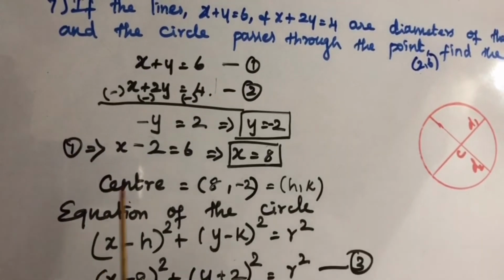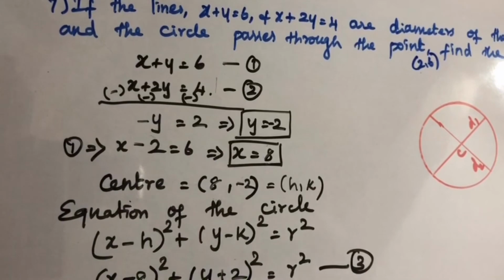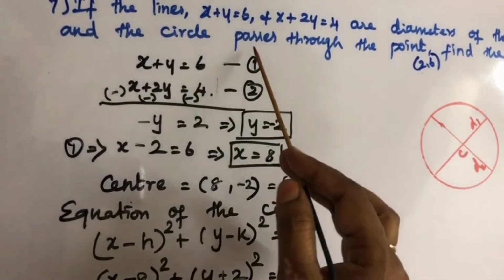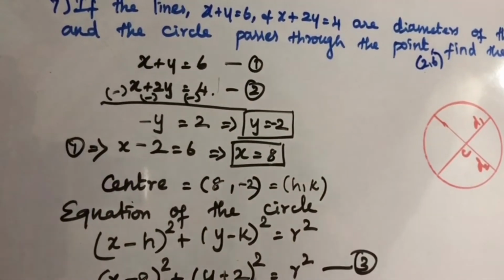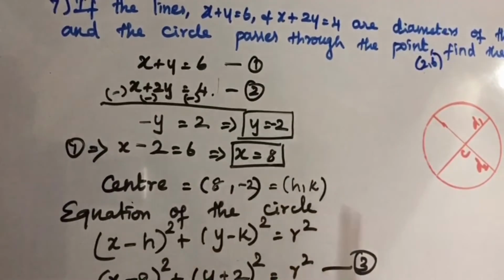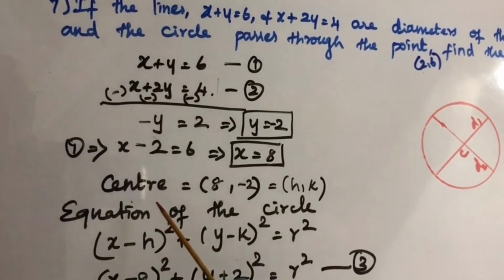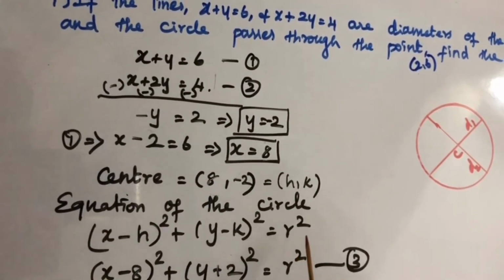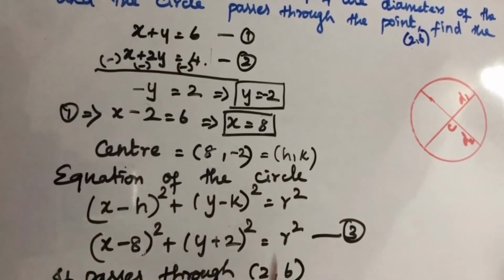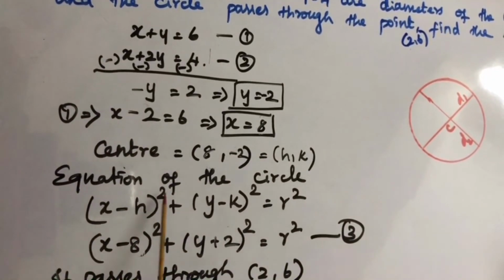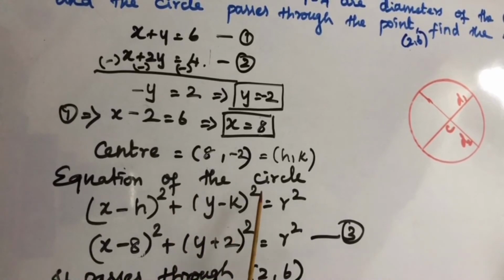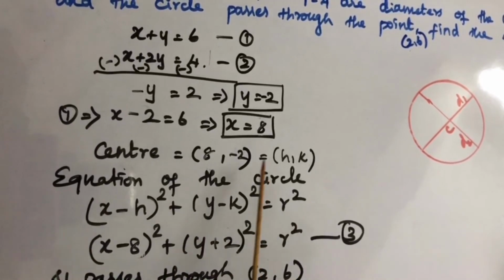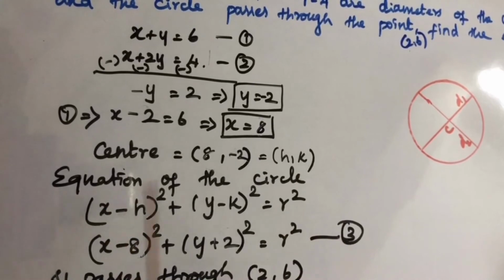Okay. So, we have found the center and another point on the circle is also given. With these 2 points we can calculate the radius of the circle. So, if the center and radius is given, we write the center radius formula only. Equation of the circle, we have to write the center radius equation, that is x minus h the whole square plus y minus k the whole square is equal to r square. This is our h comma k. For center radius formula, we take center as h comma k only.